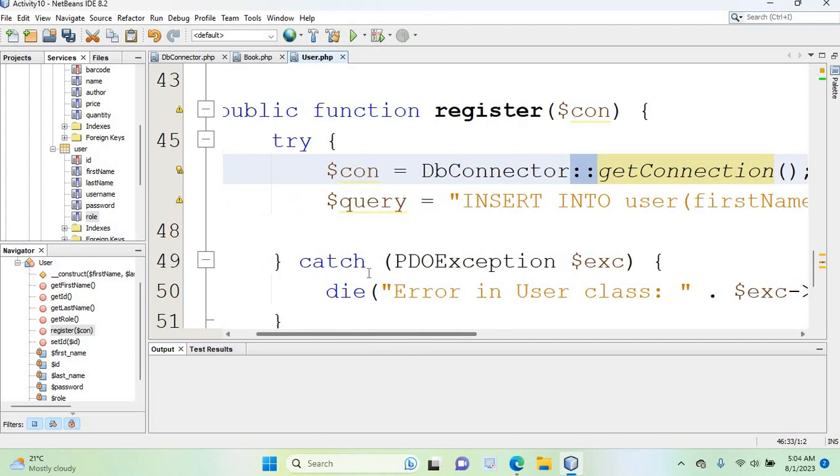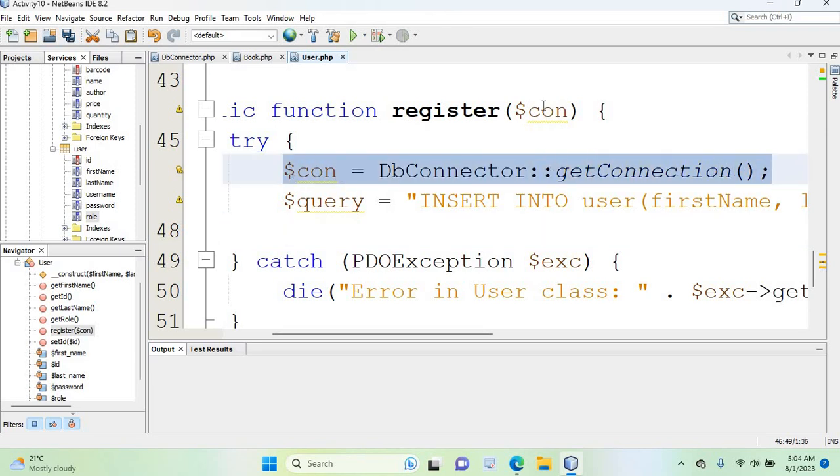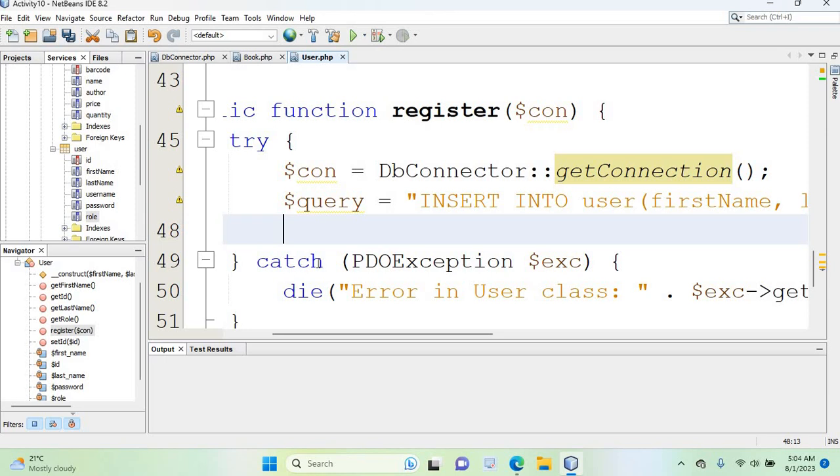Okay, so once I create this one, now I can easily get these ones. After creating this class, I will remove this statement because we don't need this one, because we are going to pass it from the outside. But here I'm going to use it, because otherwise I'm not getting the shortcut. That means these drop down options to do it